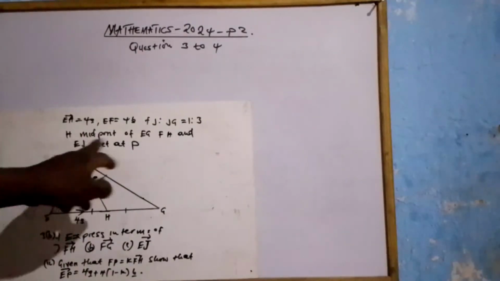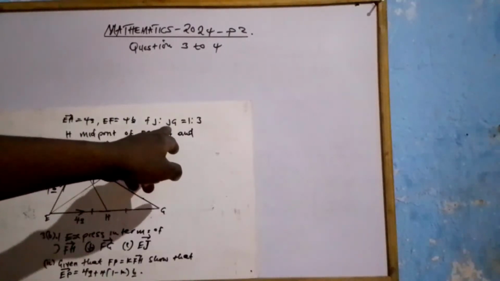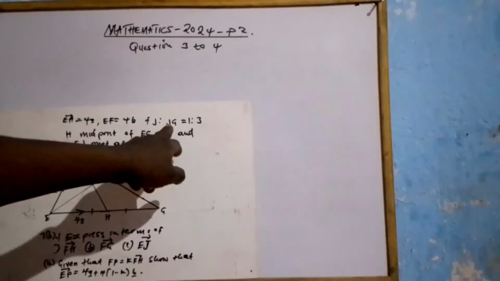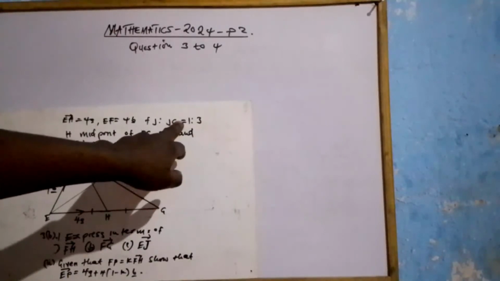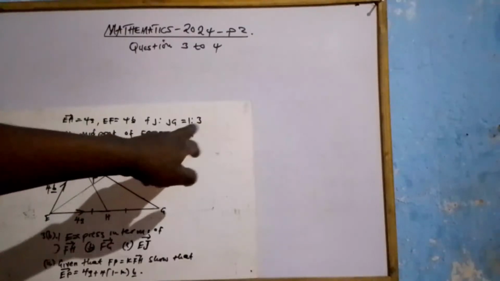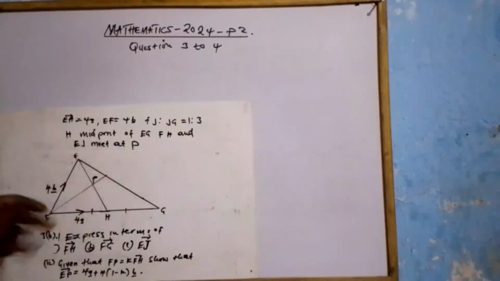EF, FJ and JG are in the ratio 1 to 3, and H is the midpoint of